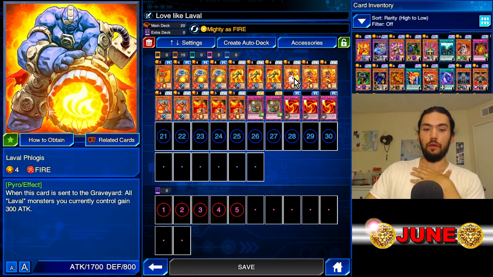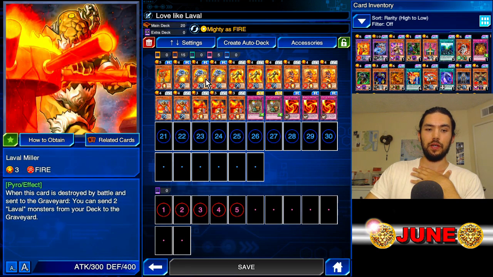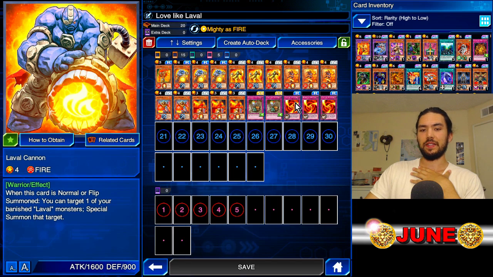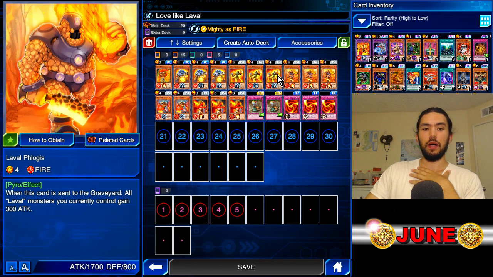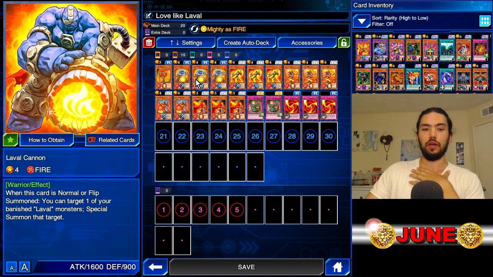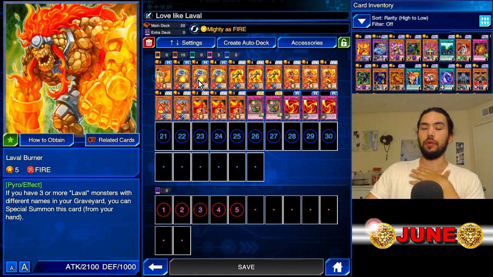A good cheap archetype from the Burning Nova box is the Lavals. Lavals are fiery little Fantastic Four-type monsters. They all have that sweet rock skin pattern. And all they do is power themselves up with effects from the graveyard, and they have a couple of special